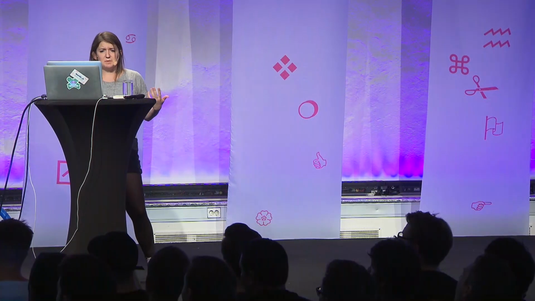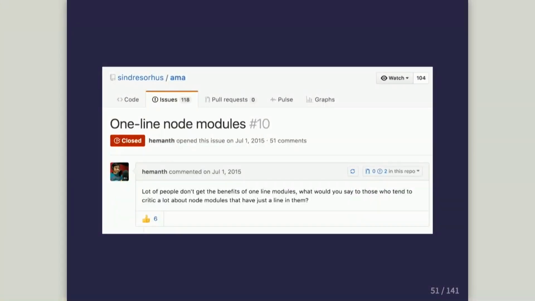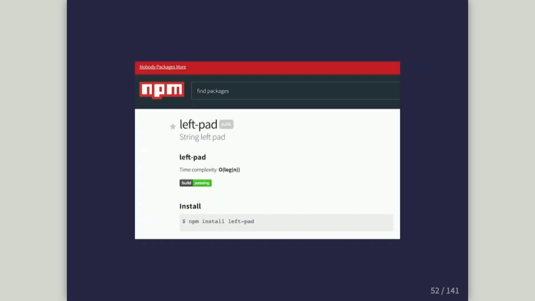In fact, somebody asked him on his AMA on GitHub, lots of people don't get the benefits of one-line modules. What would you say to those who tend to critique a lot of node modules that have just one line in them? And probably before I even got to the end of reading that, I imagine that some of you thought of this. Now, warning,